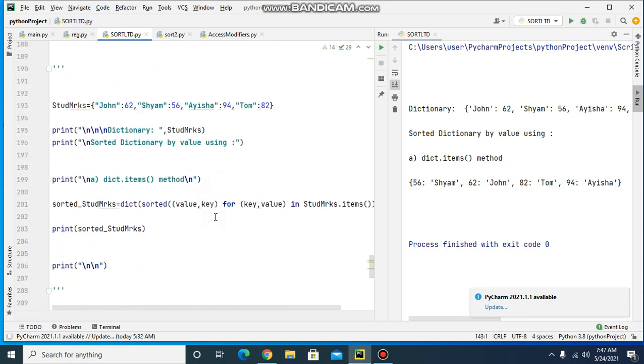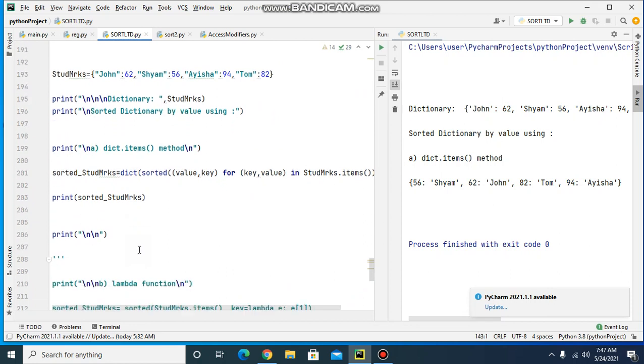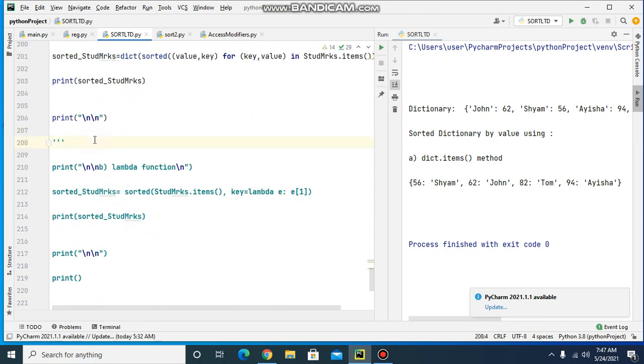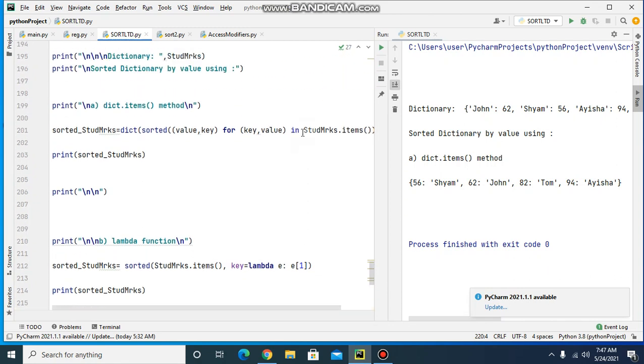Now we can sort on values using the lambda function also. We'll see that. Here I am having this anonymous lambda function. I am giving the key as a lambda and the values of dictionaries as arguments.